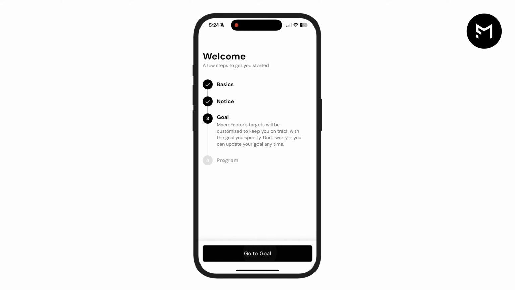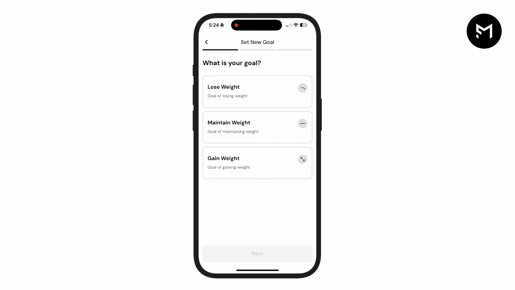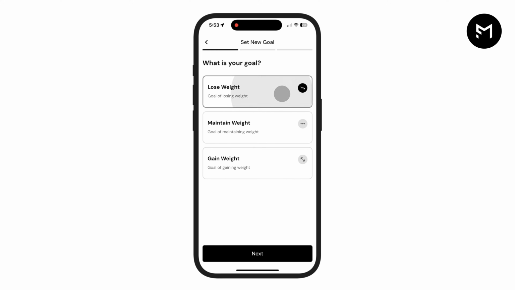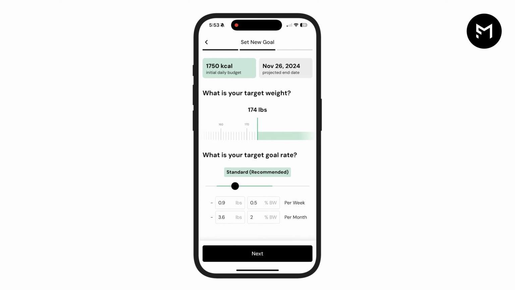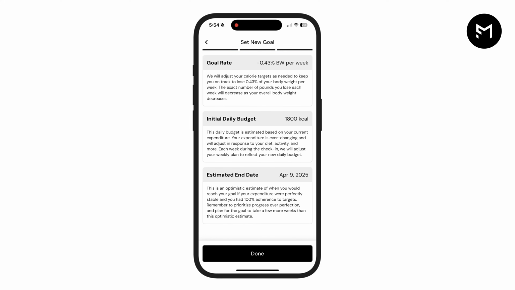Next, you'll be prompted to set your goal. You can set a goal to lose weight, maintain weight, or gain weight. If you choose to lose weight or gain weight, you'll then set a target weight and goal rate. As you use the goal rate slider, be sure to keep an eye on the initial daily budget estimate in the left-hand corner. Choose a goal rate that results in a sustainable daily calorie budget for you, but that still